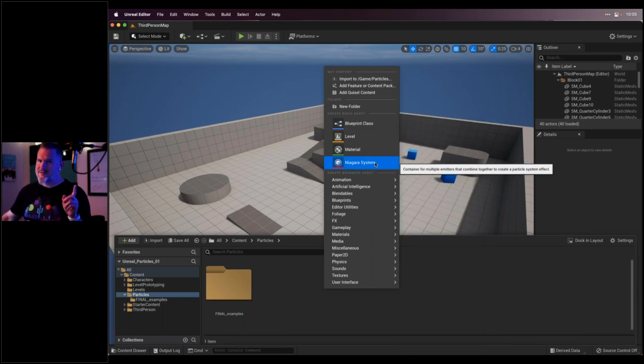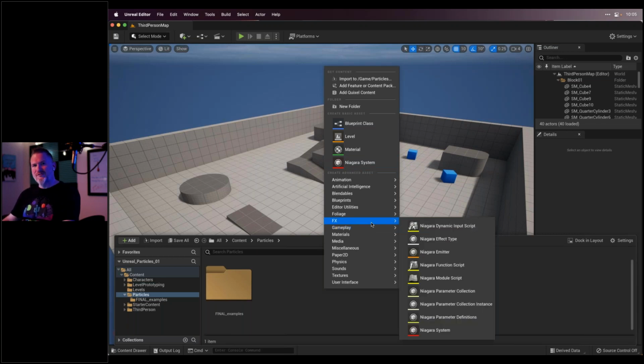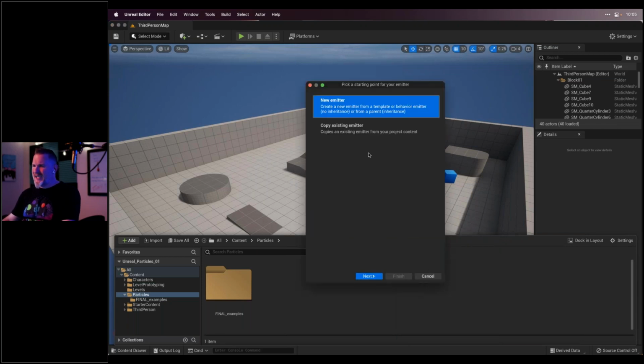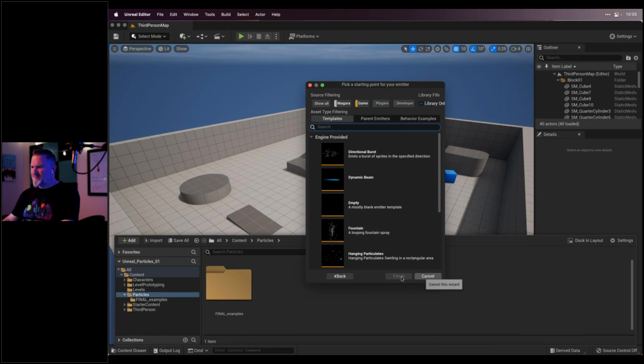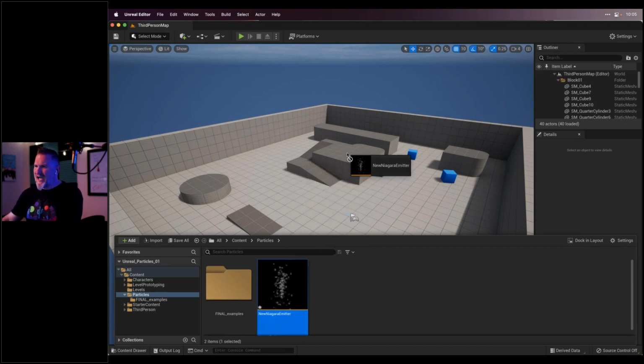That's the right answer. But oftentimes, what'll happen if you're me and you forget, you'll go to the effects submenu, and you might create a Niagara emitter, and then let's just say we'll create a new emitter, and I'll just say this is found. And then if I try to add this to my system, add this to my scene, I get this like, no you don't, bucko symbol on my cursor.